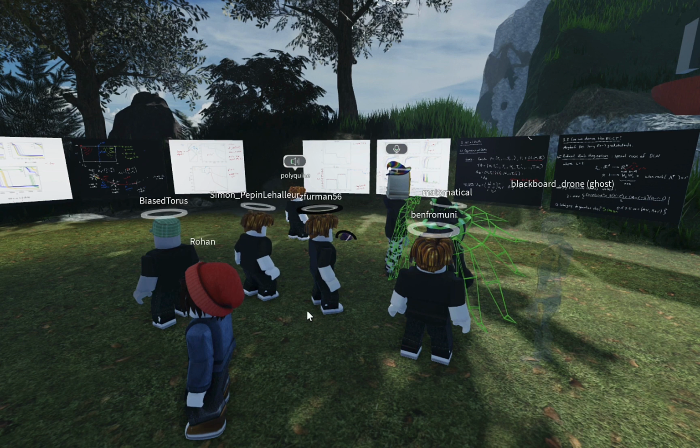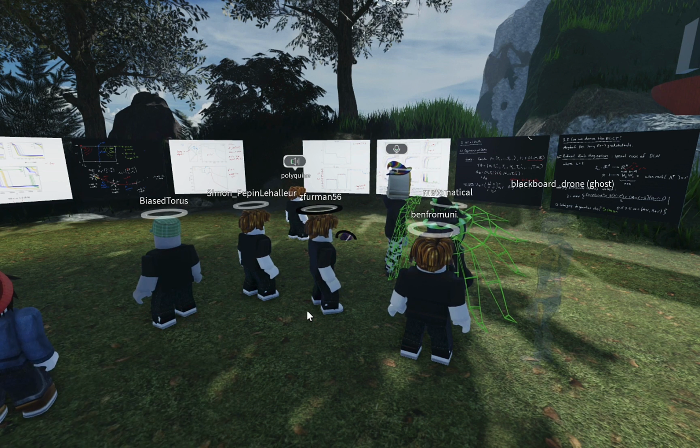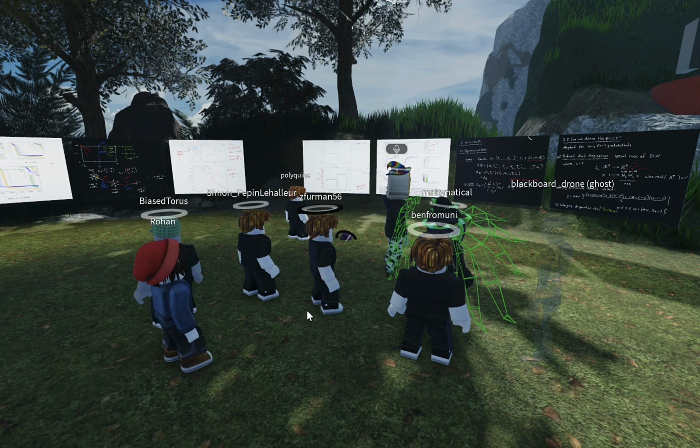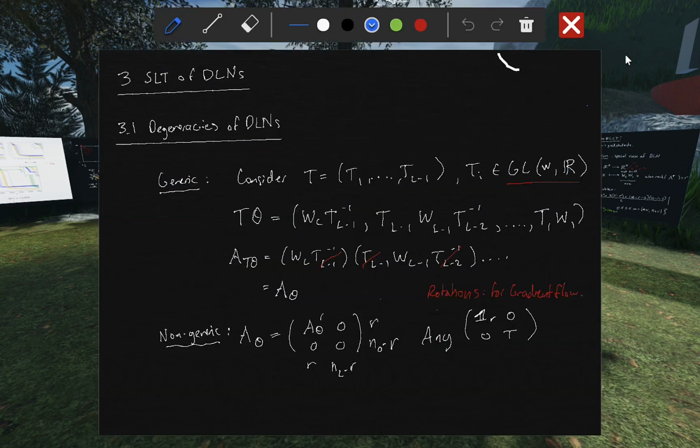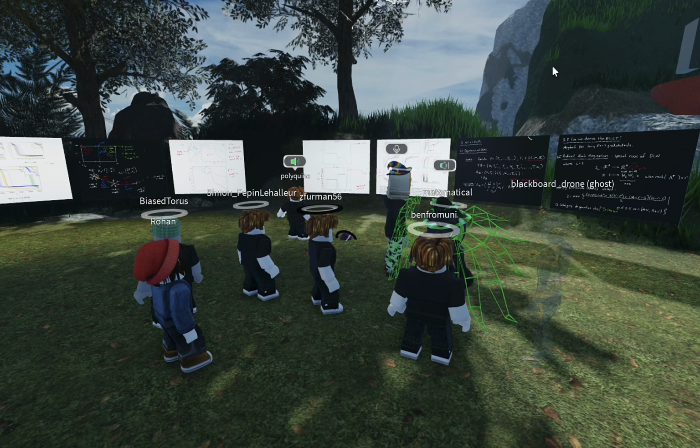I want to point out that these non-generic symmetries are richer than the generic symmetries. You can apply any transformation to the null space. You mean that T? Yeah, I mean, the generic symmetries involve these invertible matrices, or maybe just orthogonal matrices. But the